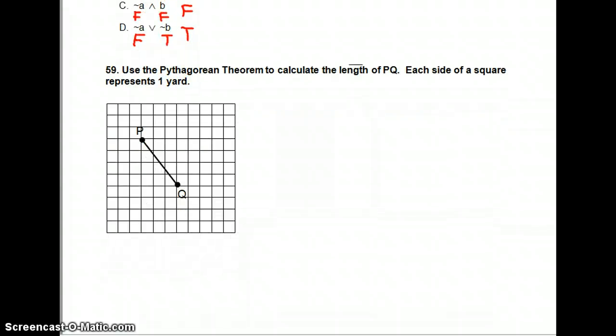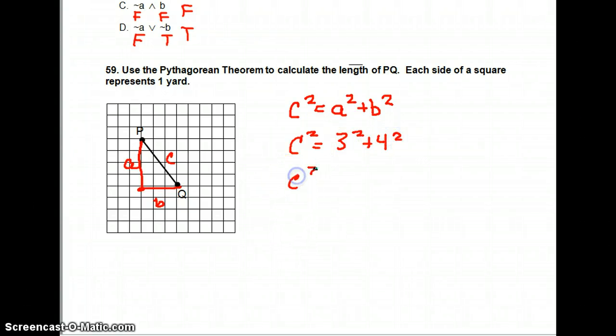Use the Pythagorean theorem to calculate the length of PQ. Each side of a square represents 1 yard. Okay, Pythagorean theorem, c squared equals a squared plus b squared. C is going to be this distance. The Pythagorean theorem works for right angles, so we'll do that. A and B don't really matter, just as long as C is the longest one. So we've got 3 squared plus 4 squared. C squared equals 25. C equals